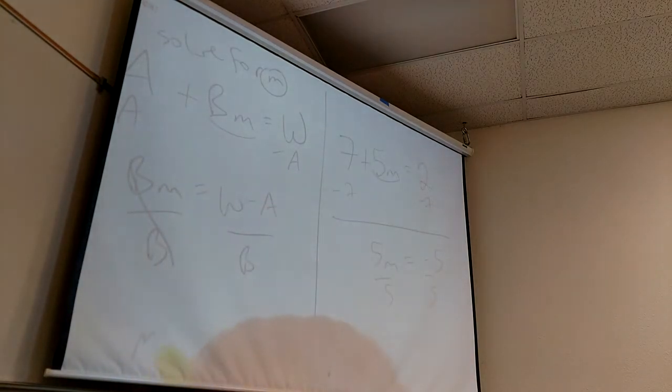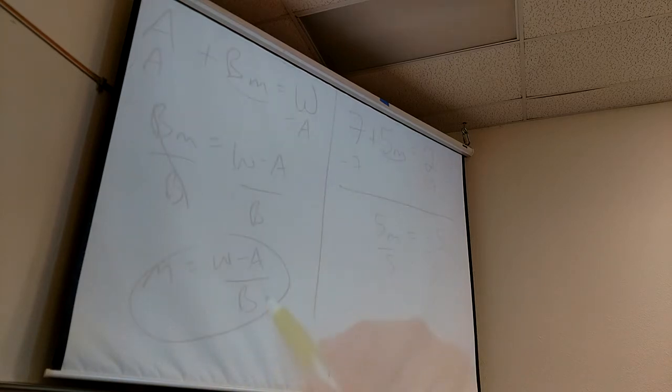Now, I think a part of your brain should probably feel unsatisfied with this. But they're letters. I can't combine them. The reason we have to have this skill is because this might be a more useful form than this. What if I knew a bunch of A's, B's, and W's and I had to solve for M? Do I want to solve for M every single time, or do